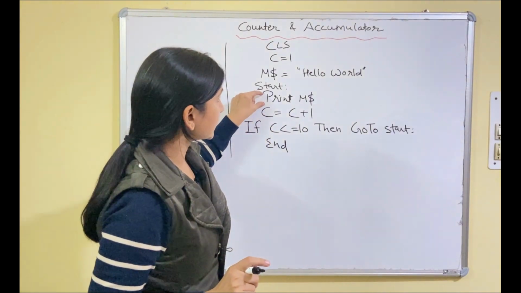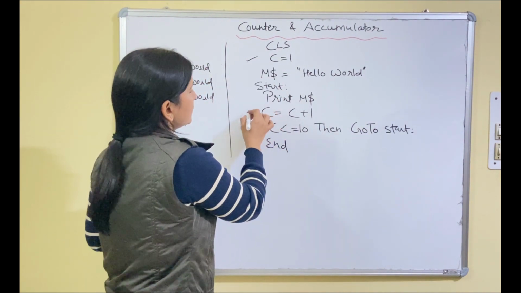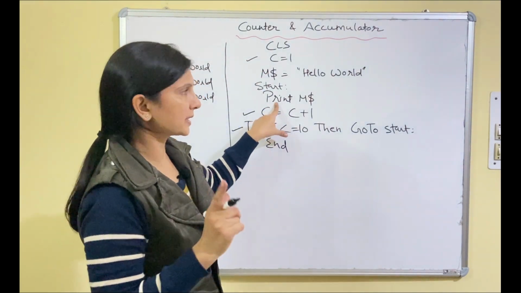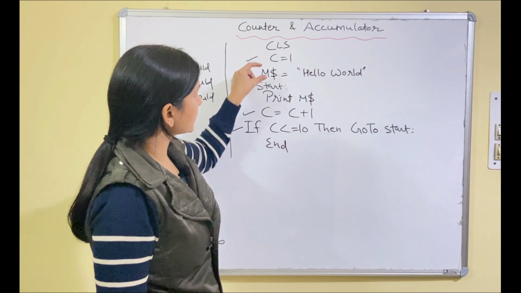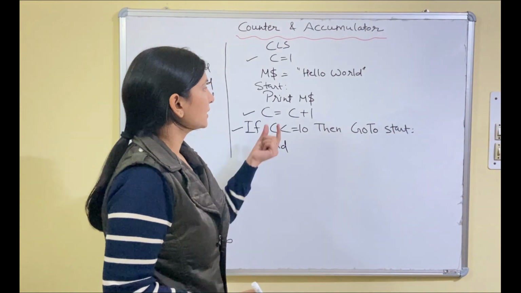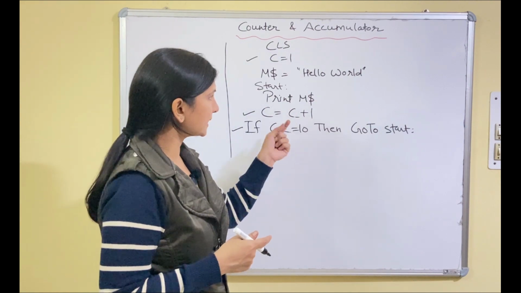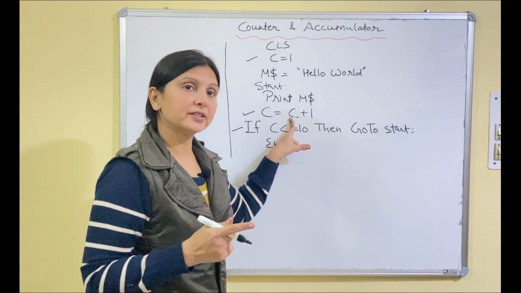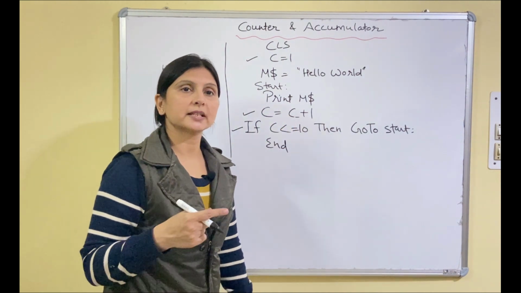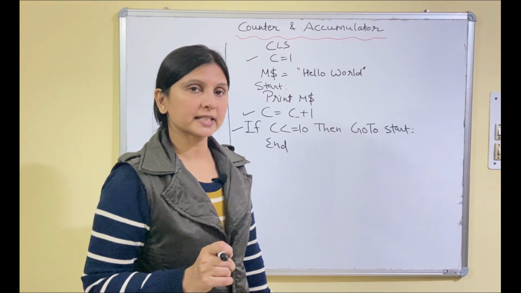So to repeat this statement 10 times, I have used C equals to 1, C equals to C plus 1 and the condition. I have used these 3 statements just to repeat a single statement 10 times. This is the way we use the conditional goto statement. And the variable which is keeping the record of how many times this statement or process is repeated is C. And C is which variable? Counter variable. So this is a variable which keeps a record of number of times process is repeated. I hope it is clear.